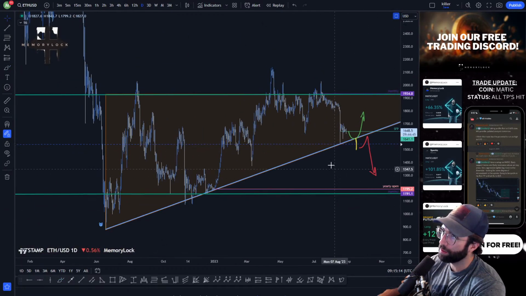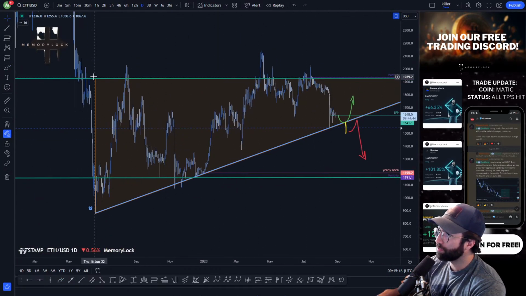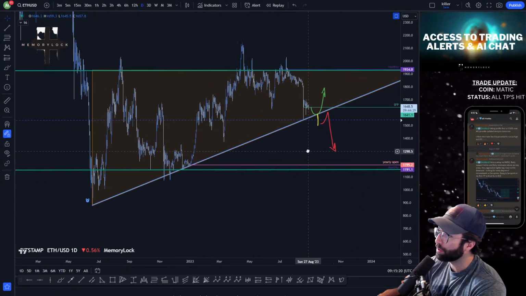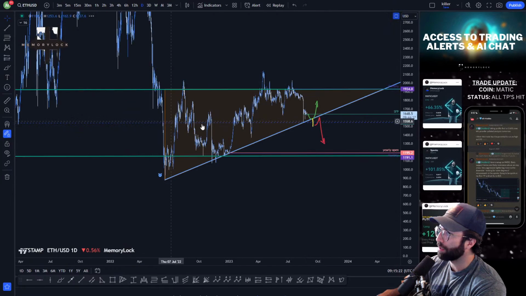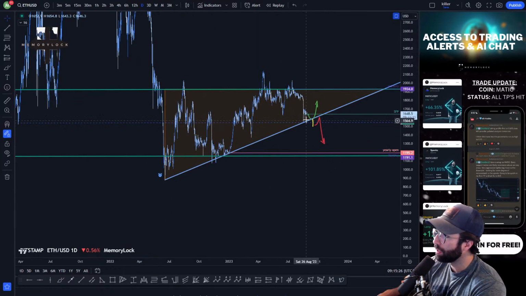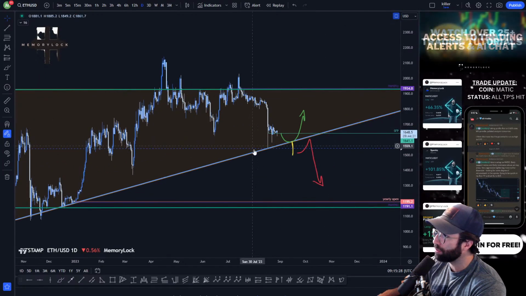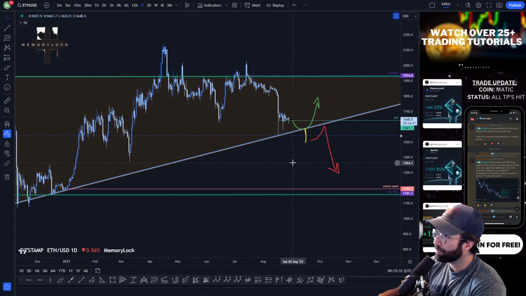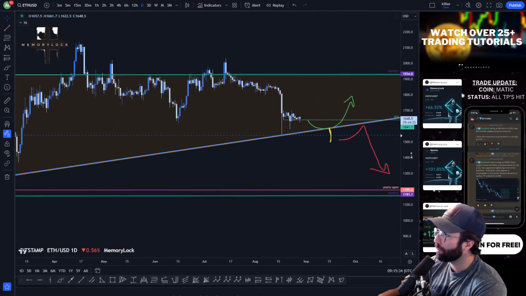All right, let's zoom out for a second. We have this ascending triangle formation here, which can be considered bullish. We also have this sideways channel. You can see that price is really just fluctuating within this channel. And we bounced basically to the dollar off of the midline, as well as this upward trend line. So we can see that area is holding really nicely as support.